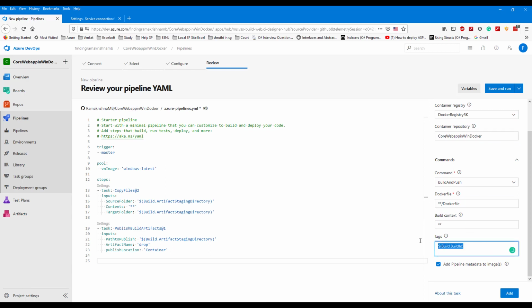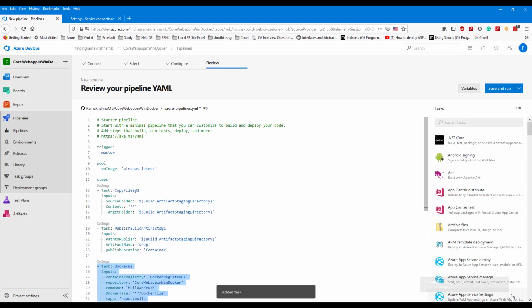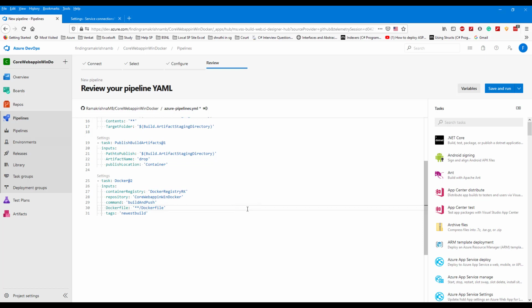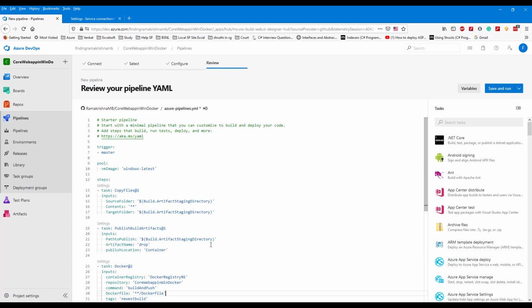Instead of build ID, we can give our tag name as newest build or whatever you want. I will give newest build and click add. So we created our YAML script to build and push our Docker image to Azure Container Registry.